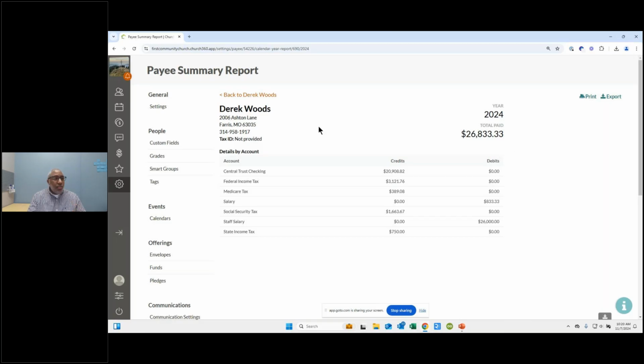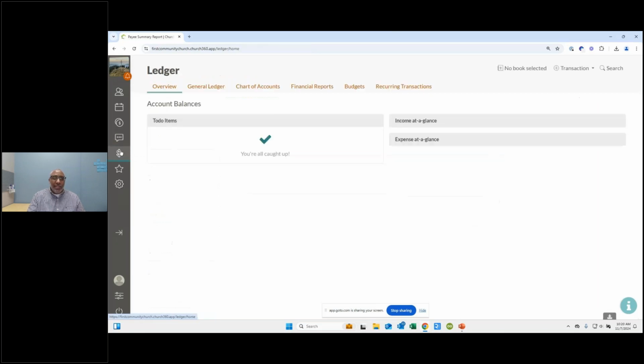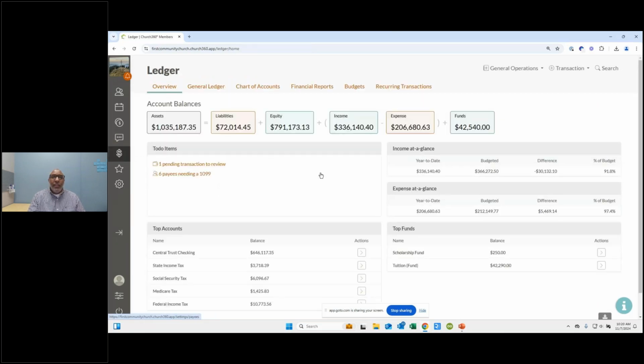The one that I didn't do yet was the pay stub report, and I want to show that one again. I don't want to say it's necessarily buried, but you do have to go into a transaction to print that pay stub report. So I clicked on the $ here on the left-hand side. That takes me back to the overview screen here.